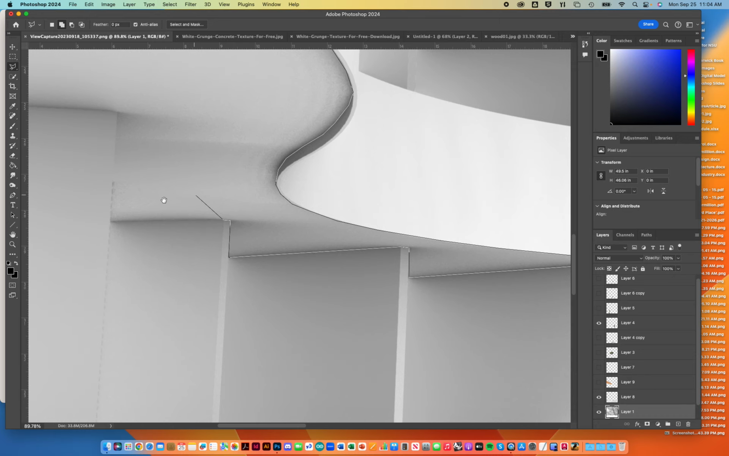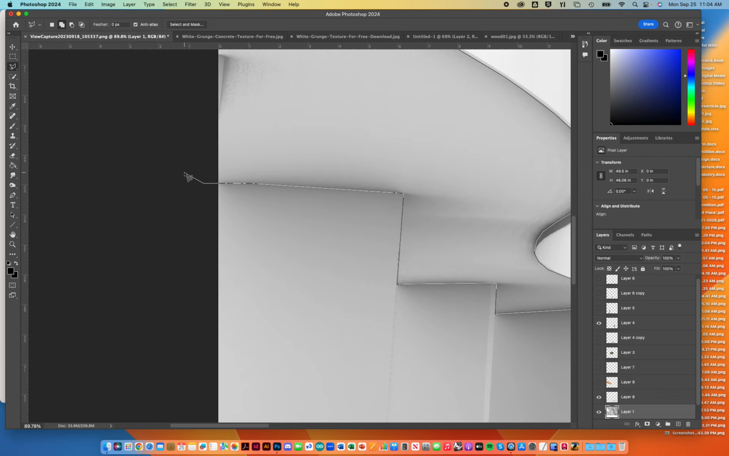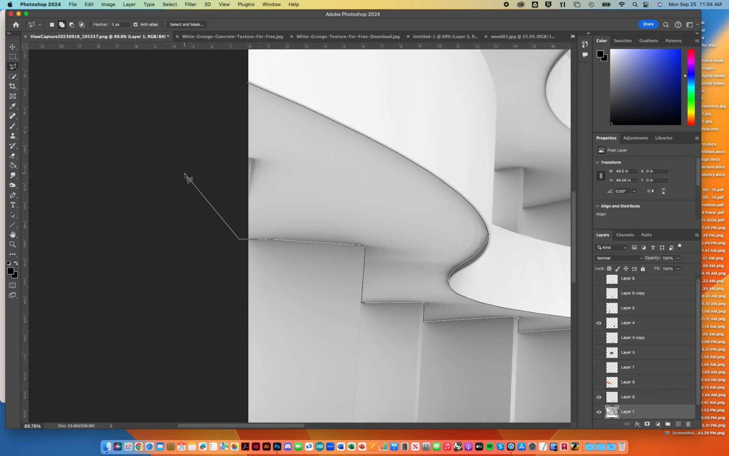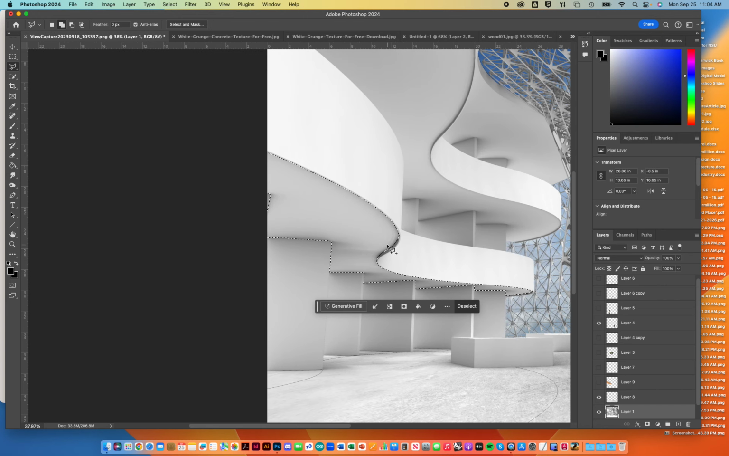You want to turn your cursor to pan, just hold down the space bar. Almost there. Almost there. Close enough. All right. So one of the things you can do really quickly when you have something selected and